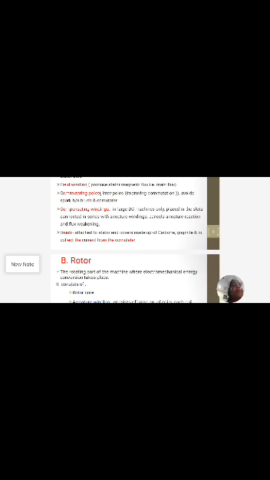Next part is the brushes and brush gear. So brushes are stationary and rest on the surface of the commutator. It is placed near the commutator, and generally brushes are rectangular in shape. They are housed in brush holders. In brush holders we can see the brushes, and these generally rest on the surface of the commutator.